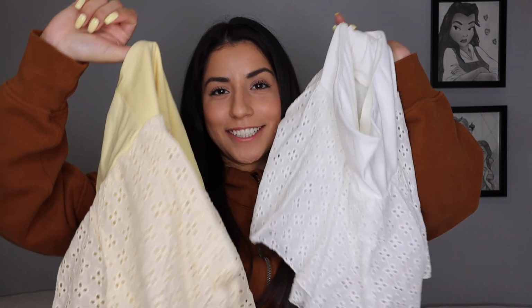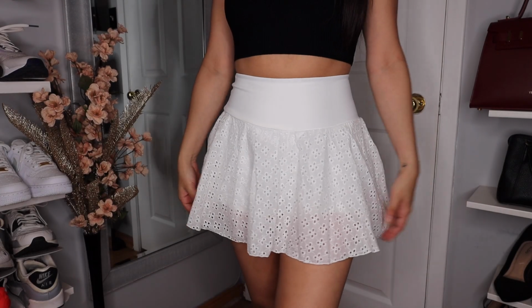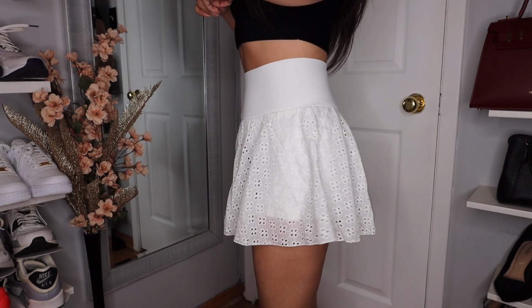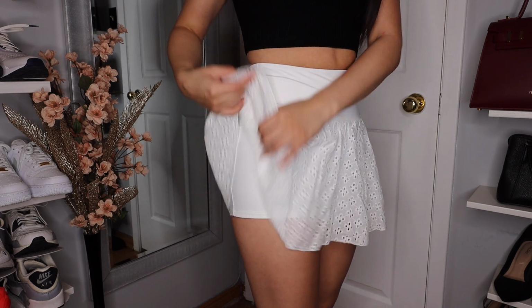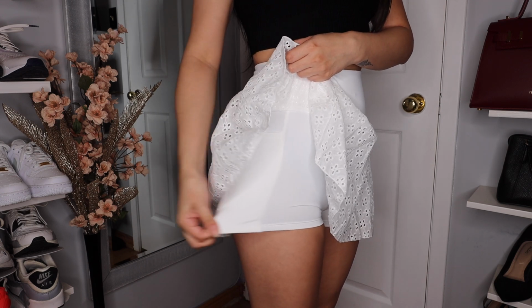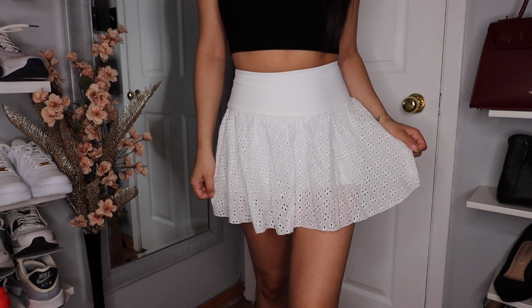And last but certainly not least, I got the same skirt in 2 different colors because it looked so cute on the website. I wanted to try it. This is what it looks like. First of all, the detail, so pretty to this. This is their high-waisted 2-in-1 side pocket cutout Jacquard mini flare casual skirt. Sorry if I butchered the name, but it retails for $39.95 USD. And again, it does have built-in shorts with pockets at the bottom, and then it has this really cute pattern and fabric on top of it,